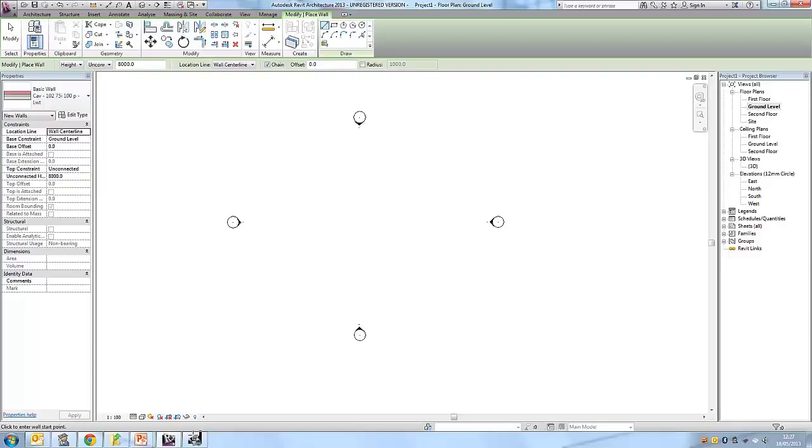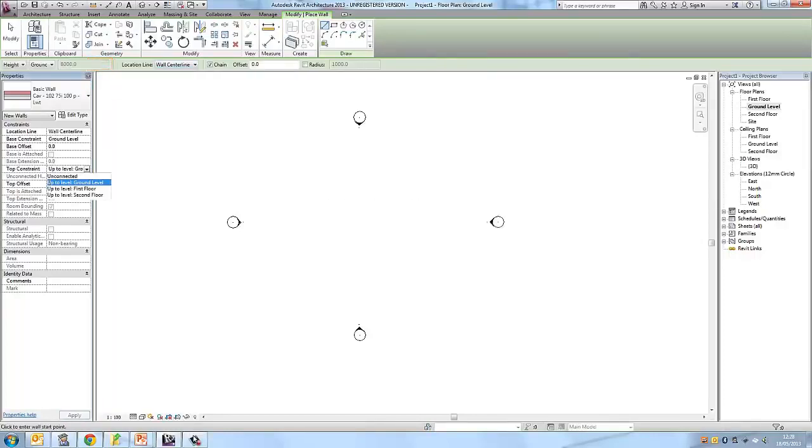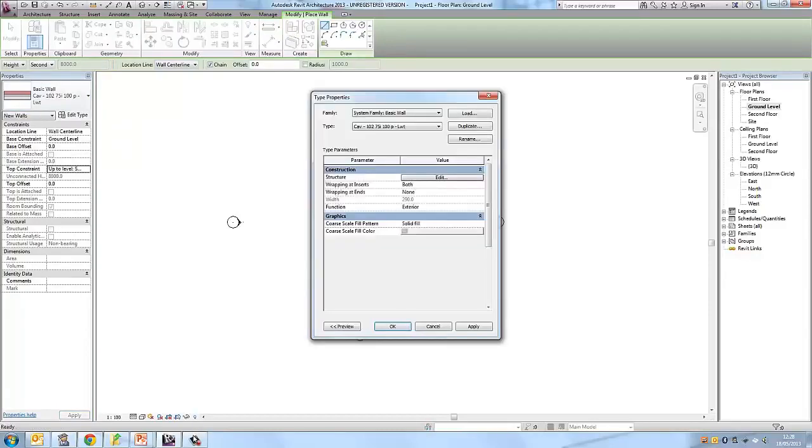So we want to place a wall which goes up to, well, the constraint, we want it to go through first floor to the top, second. Okay, so you want to go through first floor to the second. Also, you can do that up here by clicking ground floor or second. So yeah. Anyways,